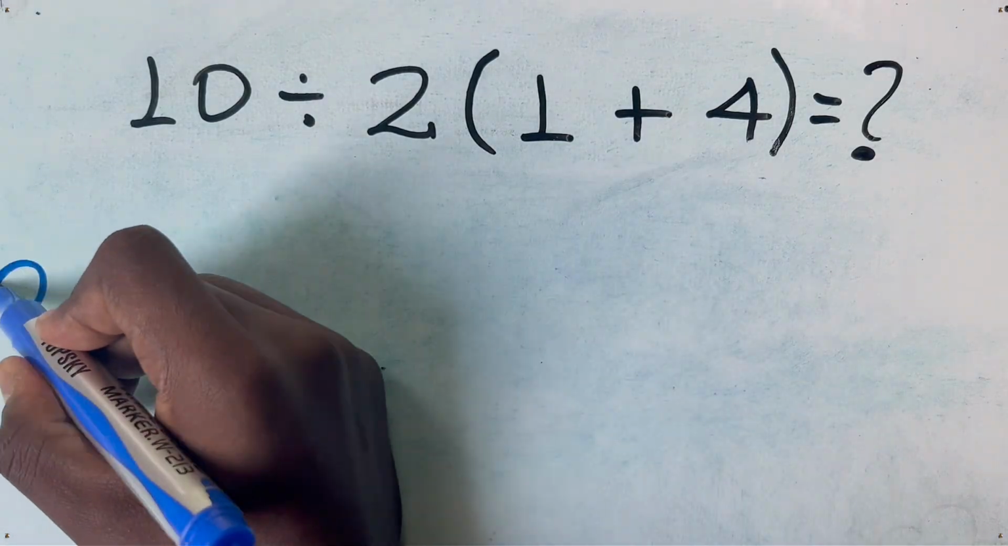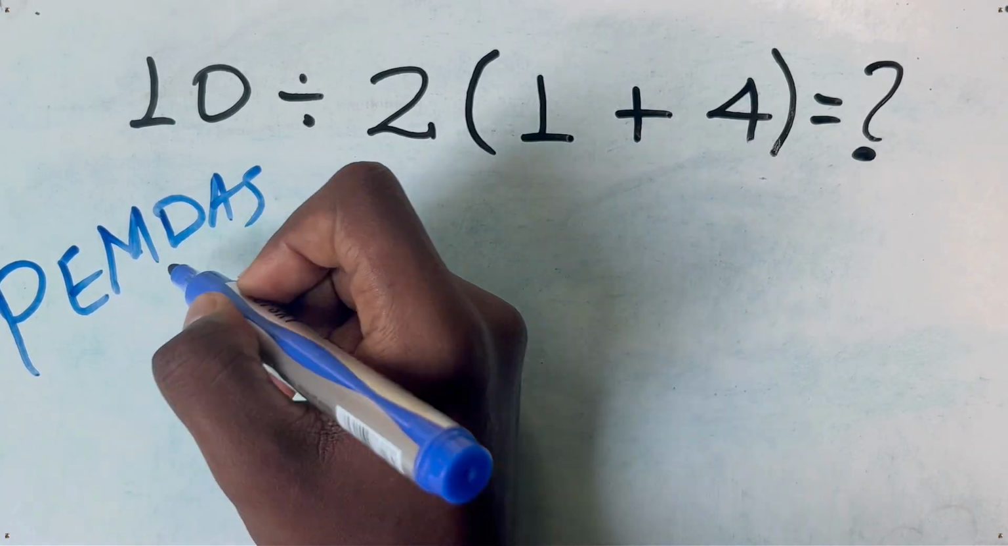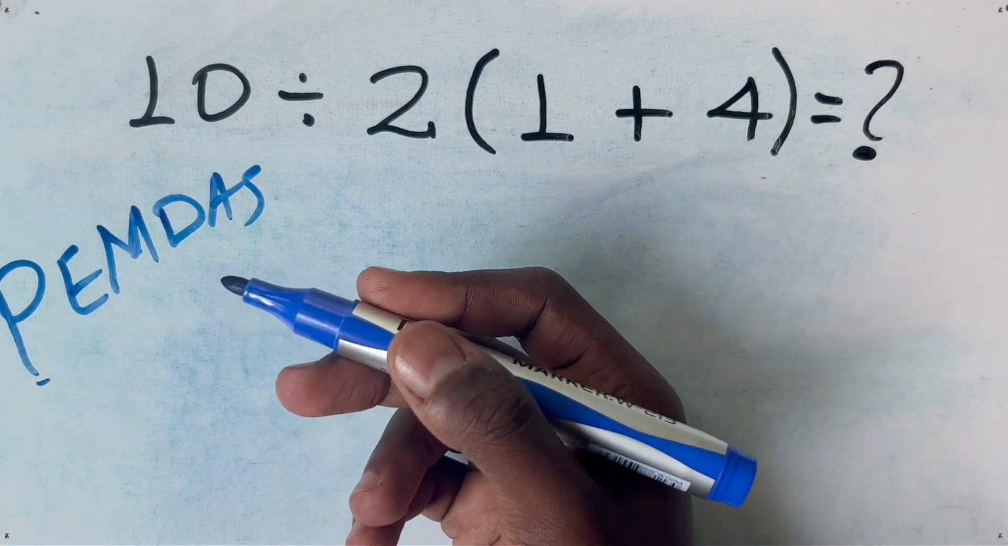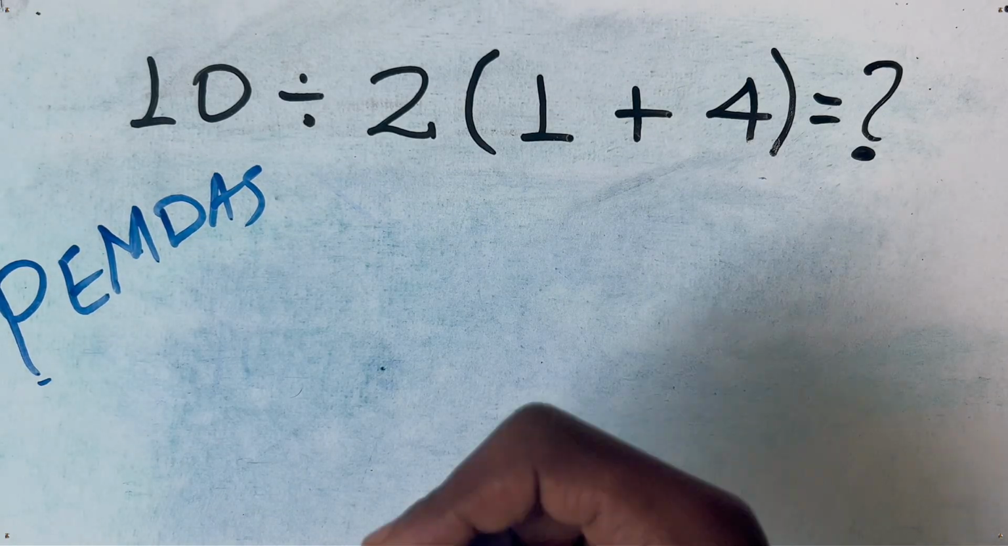Because according to the order of operations, which is PEMDAS, P stands for parentheses, E stands for exponent, M and D stand for multiplication and division, and S stands for addition and subtraction. Then first we have to do the parentheses, then the exponent, then multiplication or division, then addition or subtraction, but